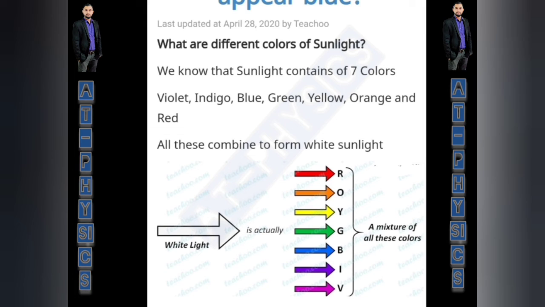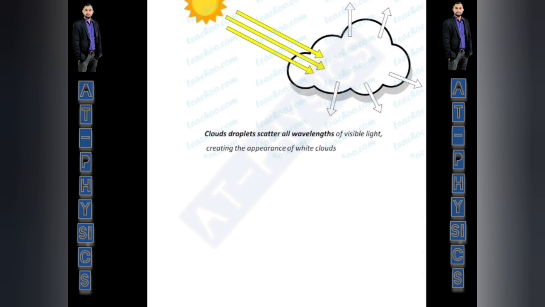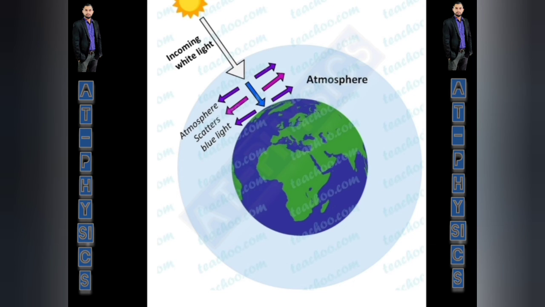So why does the sky appear blue? This is a phenomenon mainly due to the scattering of light. We all know that sunlight contains seven colors in the form of VIBGYOR. These are here. So when the sunlight comes from the sun and falls on the sky, it is scattered by the droplets in the atmosphere. So in this diagram we can say that the atmosphere scatters mainly blue light, because the